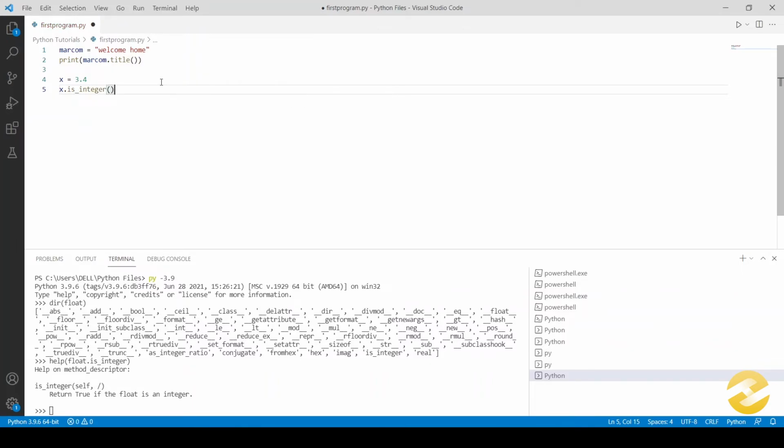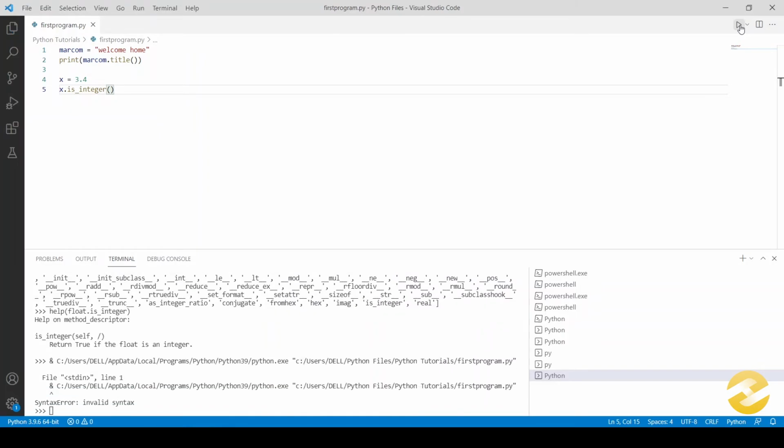Now if I execute this code, ideally it should give me a false, and the reason is that 3.4 is not an integer, it is a float. So if I execute this, then okay, there's something wrong with our program. Let me check. Invalid syntax.